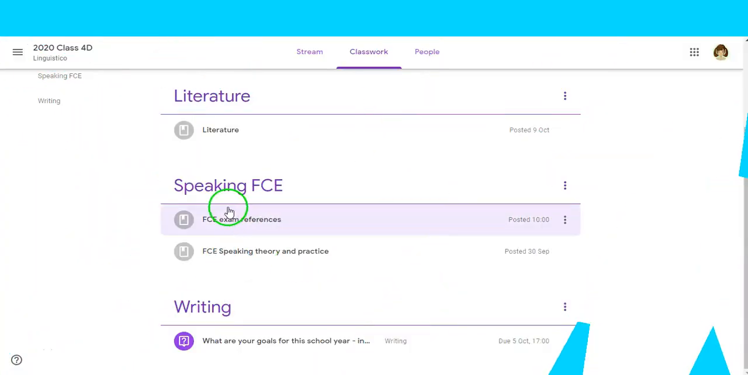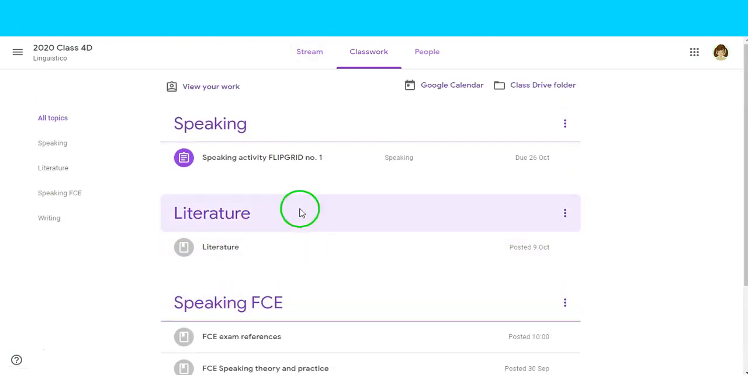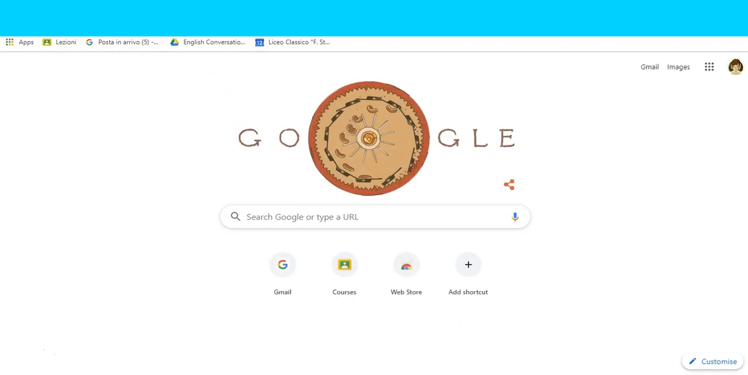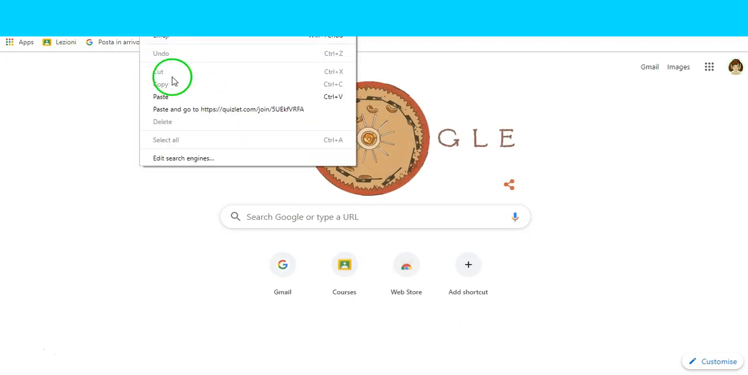Hello, so here I am in the class 4D, and what I'm looking for is the brand new assignment. Unfortunately, I can't see it here because this is the student view, but I do have the link. So you'll find the new assignment right under here under writing. And what you need to do is click on the link that will be there, and that link will take you here